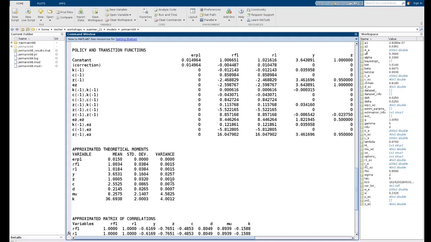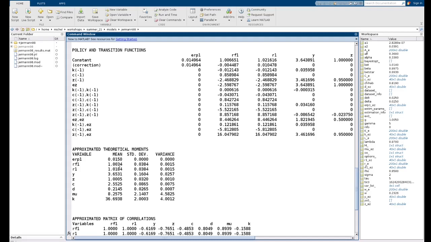If we look now at the theoretical moments, the mean is corrected by the effect of future volatility, and you see with the calibration we find again the result from Yearman, an average expected risk premium of 1.5% per quarter or 6% yearly.